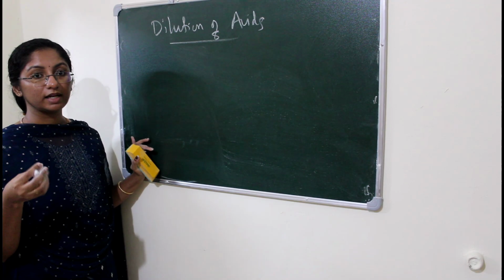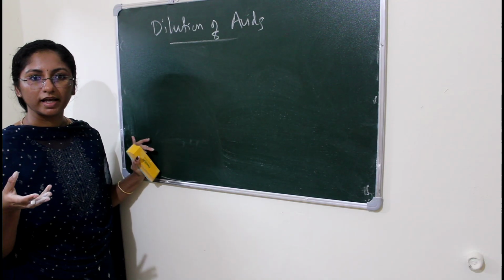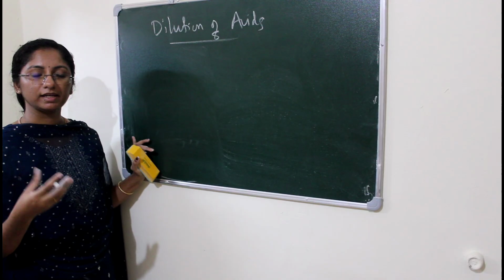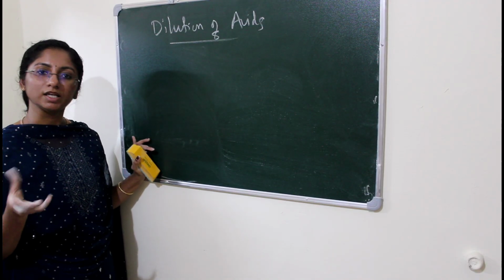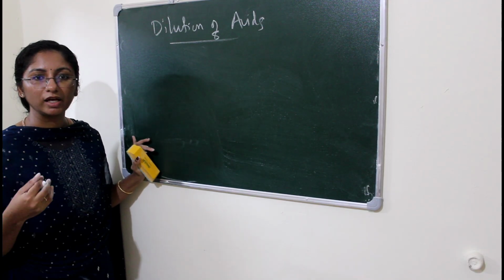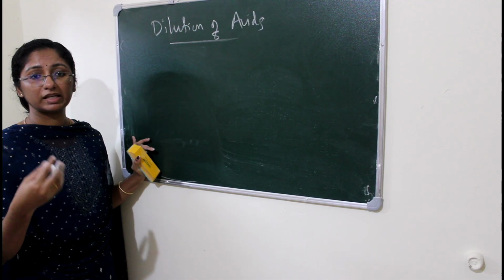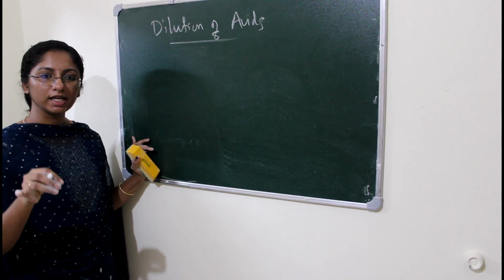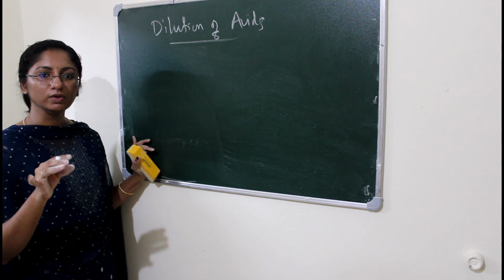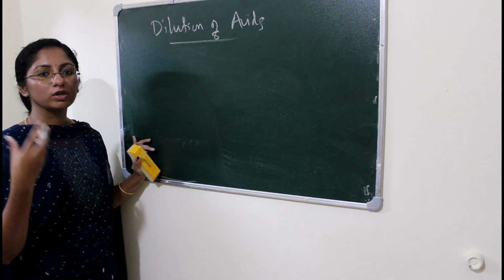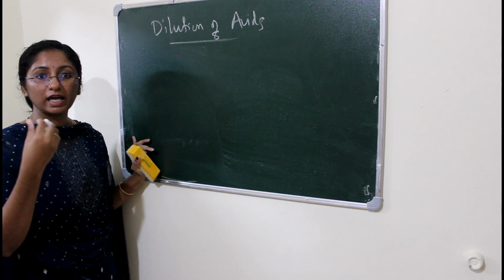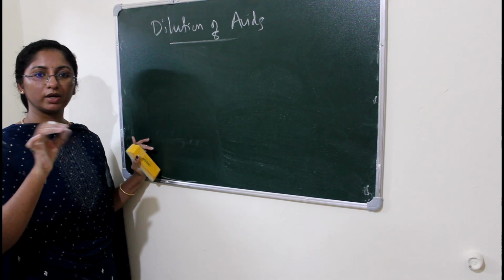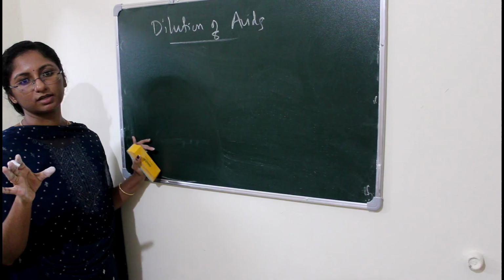So we already know that hydrochloric acid is a concentrated acid. We want to dilute it by adding water, right? Similarly, H2SO4 or sulfuric acid is a concentrated acid. We want to make it diluted by the addition of water to it. Then we will get diluted sulfuric acid. Similarly, in the case of nitric acid also, when we add some amount of water to it, we can get it diluted, right? Then we can call it diluted nitric acid, diluted sulfuric acid, diluted hydrochloric acid, right?